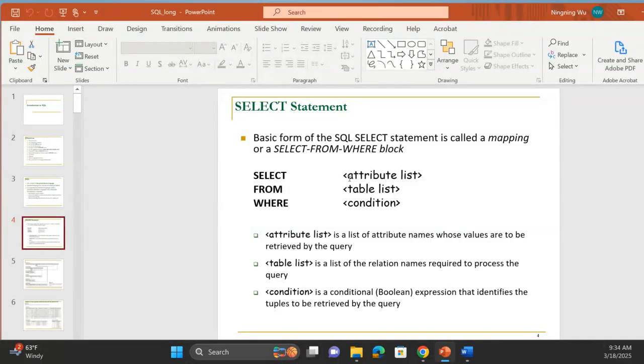Basically it means that you have to tell the database which attributes' information it needs to retrieve, and you also have to give the database the list of table names so that the database knows which table to go to find the information. So that's why when we specify this select-from clause, we have to be very accurate. Okay,